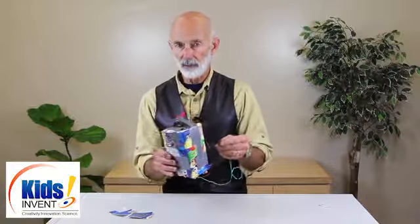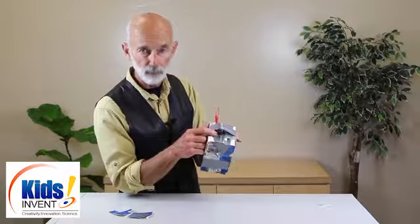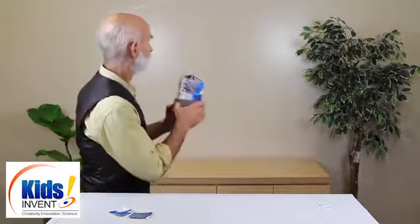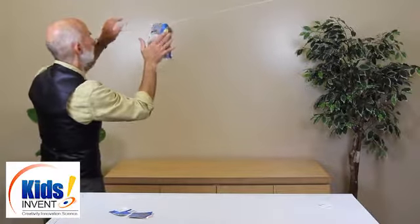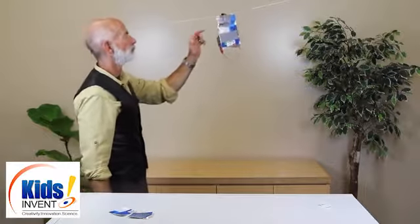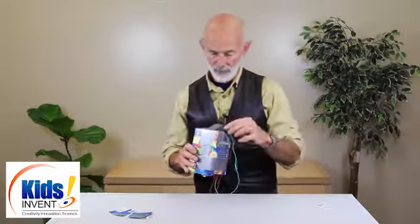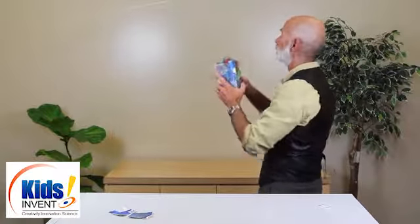The lower and the more centered that battery is, the more stable this will be. So we've connected it, and all I have to do is make the final connection and then rest the gear pulley on the string, and with any luck at all, off it will go. So that's going uphill, which is quite a challenge. If we were to go downhill,